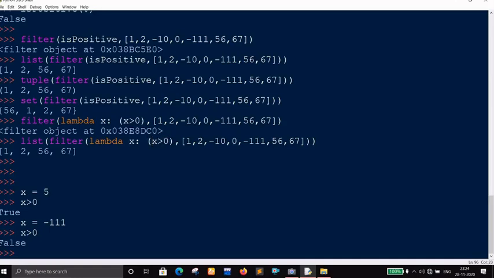So basically this is just a one line function, and here you would have said def is positive num, and instead we are saying lambda x, or you can simply write lambda num or whatever you like. Okay,